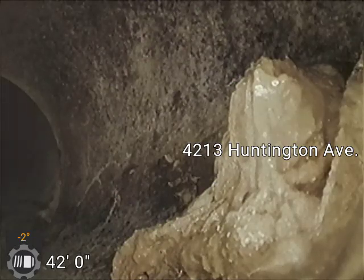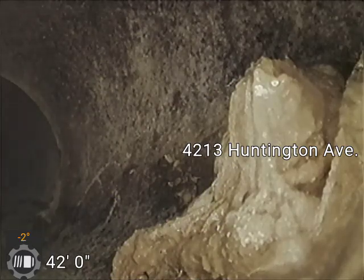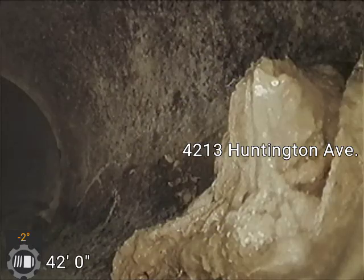I pushed out and located this. We are at the left front corner of the house, underneath the sidewalk, the new sidewalk they put in. And this may have just been material that's left behind. The house is not occupied, so we're going to try to run some water here in a minute, but I'm going to continue on down the line and see what